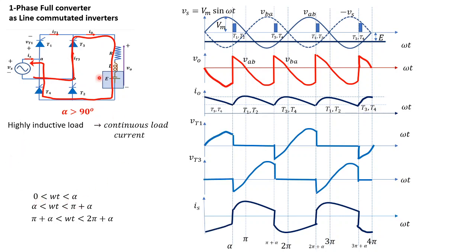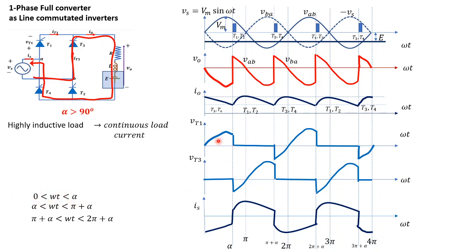So assuming the operation is analyzed at steady state, and omega t equal to 0 is the reference point to analyze the operation at steady state. That is not corresponding to the initial period of circuit turn on. So it is a steady state. So I am starting my analysis at omega t equal to 0, that is the beginning of one of the positive cycles.